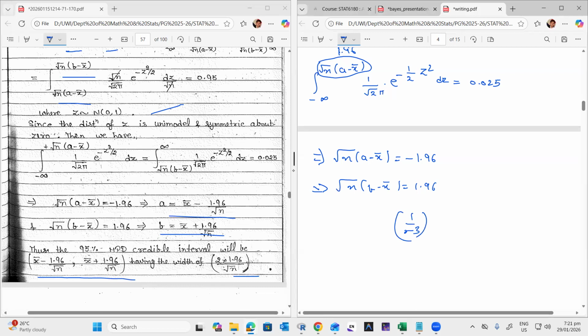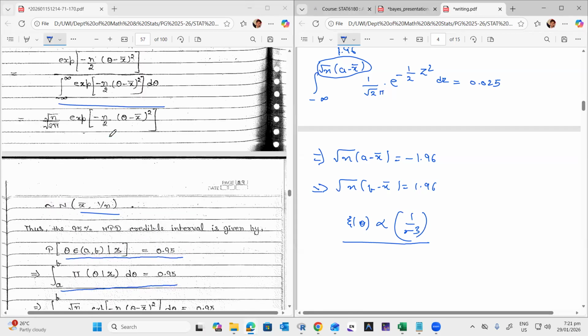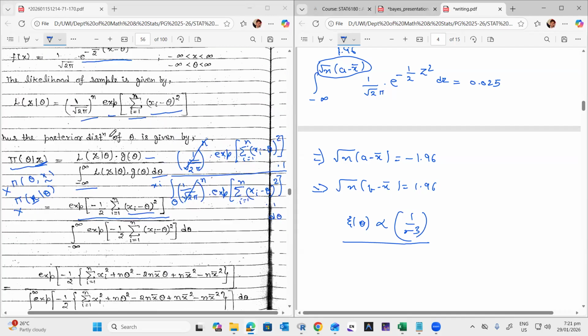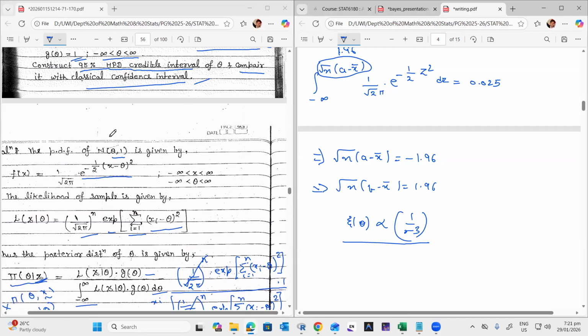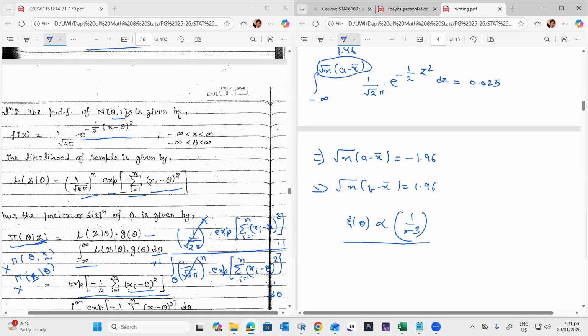Jeffrey prior: xi theta was proportional to 1 upon sigma square. Here we were taking sigma equal to 1. In this example, sigma is equal to 1, so even though in the Jeffrey prior it will not make an impact. But if you change it here,